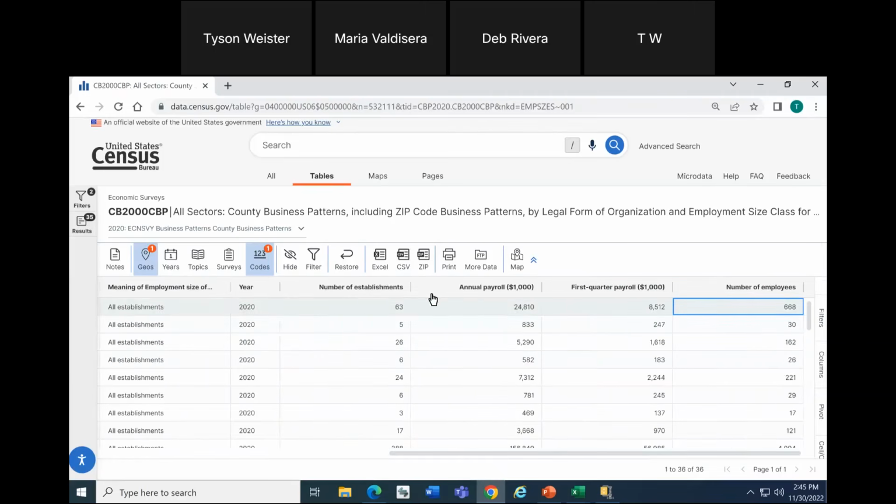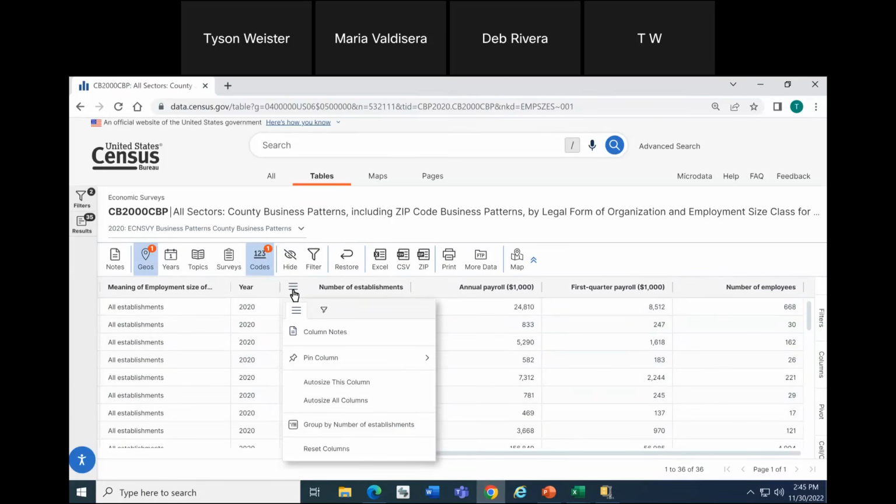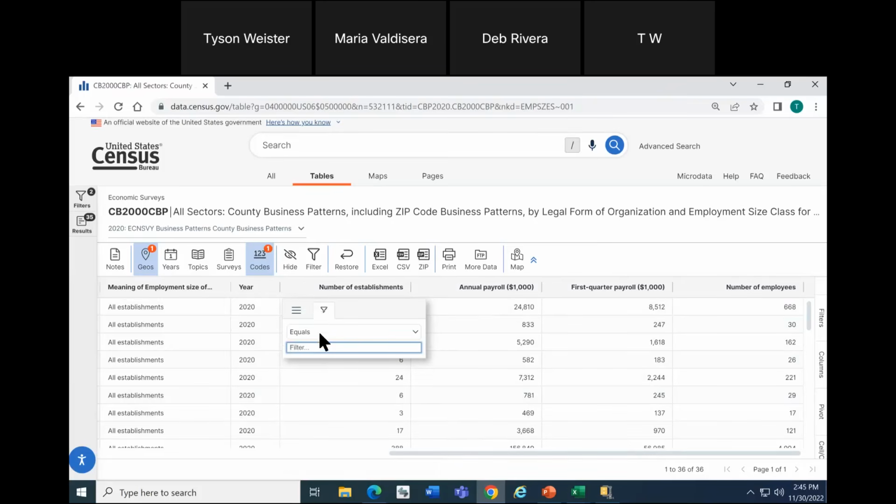As you scroll to the right, there are additional filter options for these numerical values that are right aligned. So when you click the 3 horizontal bars and choose the filter icon, you can filter by a certain criteria. Here I'm going to change from equals. I'm going to choose greater than or equals, but notice there are several options to choose from.